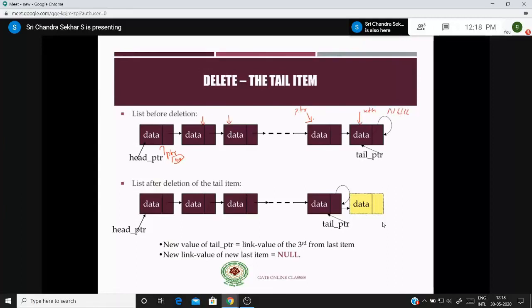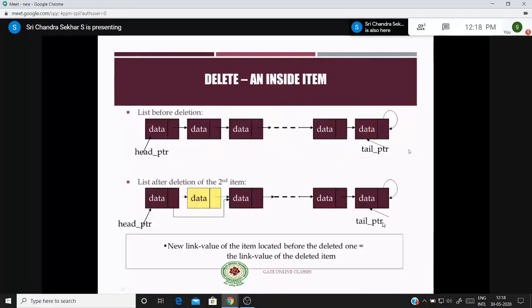So at this point, what will you do? Initially, for example, this is 700 and this is the 600 base address. Initially, this node has 700. In such a case, what will you do? You remove this 700 and make it null. Therefore, ptr of link is equal to null. Instead of 700, it becomes null, and you can free this, right? So this is how we delete an element from the last point.